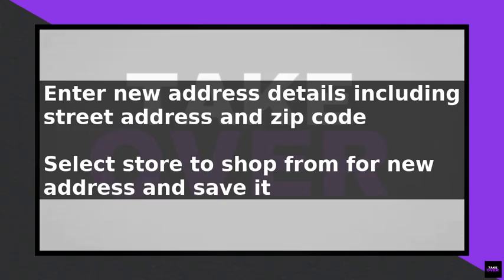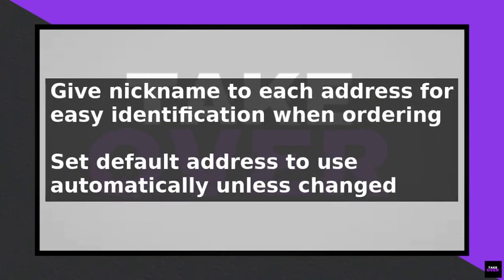It is a good idea to give a nickname to each address, such as home or work, to help you easily identify the different addresses when placing an order. You can also set a default address, which will be used automatically when you place an order unless you choose a different address. By following these steps, you can easily add multiple addresses on Instacart and start shopping from different